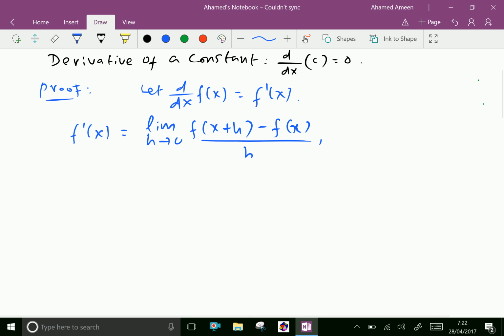Now applying the value of f of x plus h and f of x gives